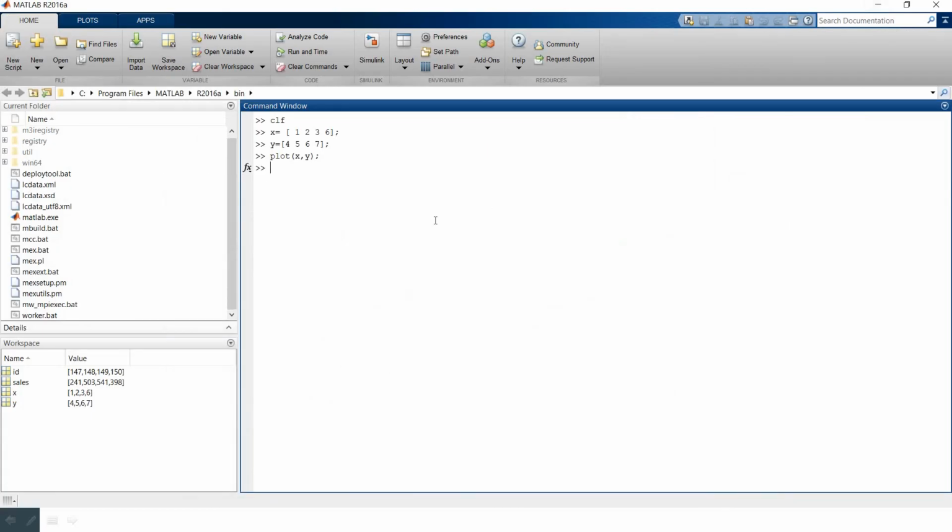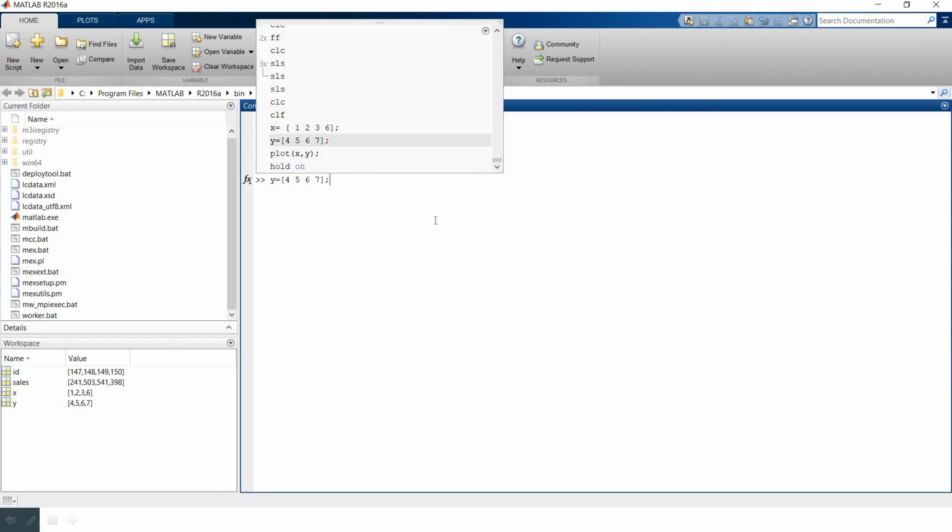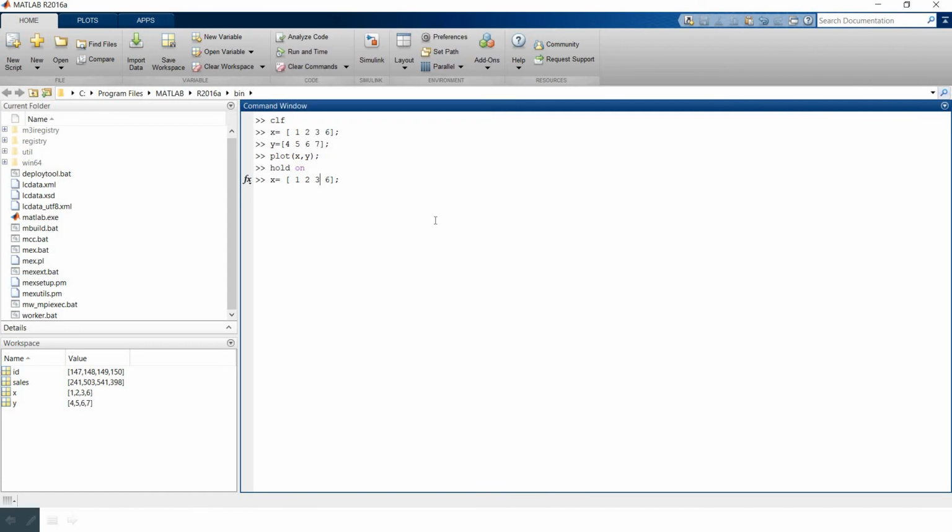Let's do it. For that, use the command hold on. And let's see some different vectors. Let's say Z, let's give 4, 9, 5, 6.